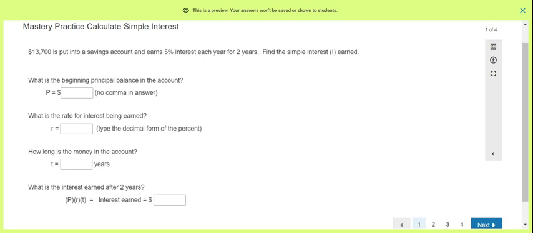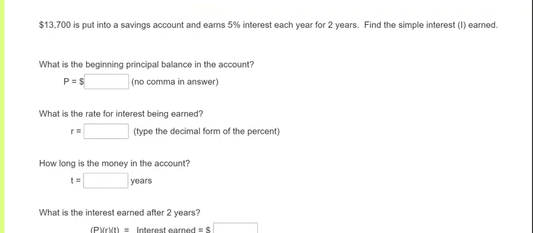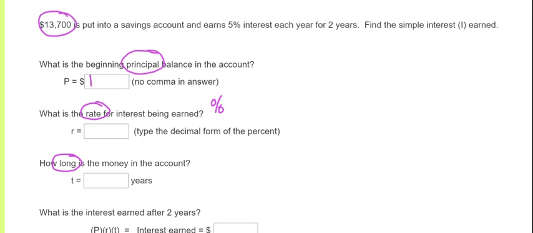This is Mr. Elmhorst with the help video for the mastery practice. We're going to be calculating simple interest. So from the lesson, we focused on three things. We focused on the principal balance, the money that we're putting into the account, the rate of interest, which is going to be given in percent form, and then how much time, how long the money is in the account for. So the initial amount that is put into the account is